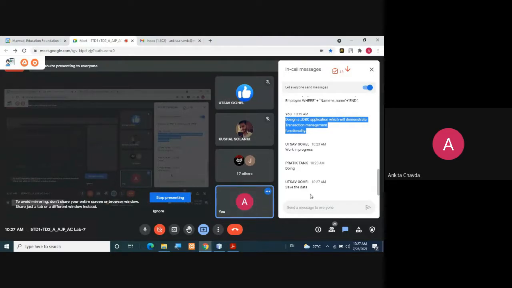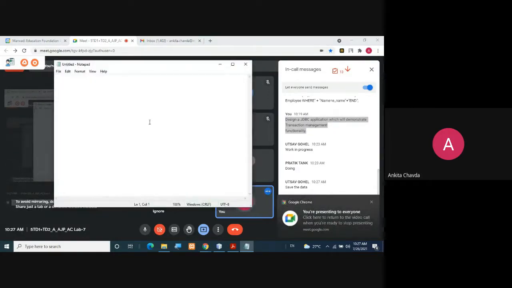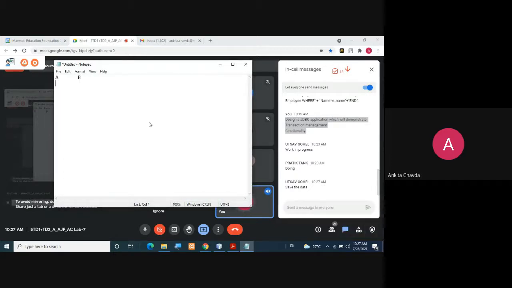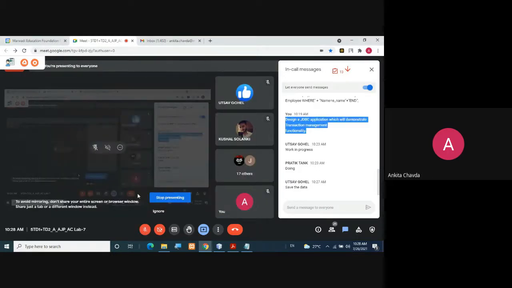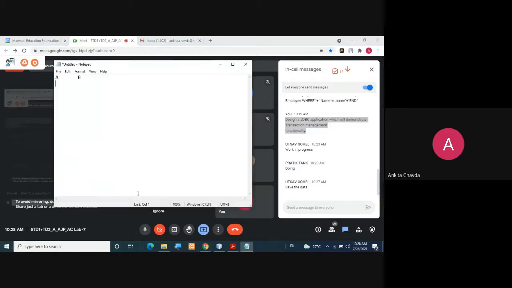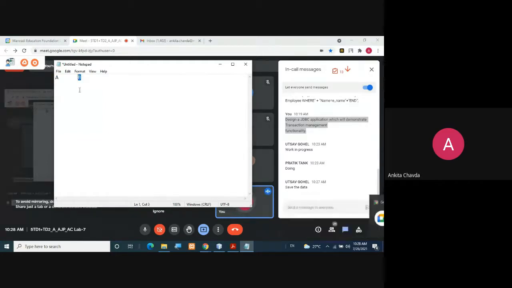Or take any example, like you are crediting an amount to somebody else's account. If here the person is A and here the person is B, and we are giving money from person A's account to person B's account,